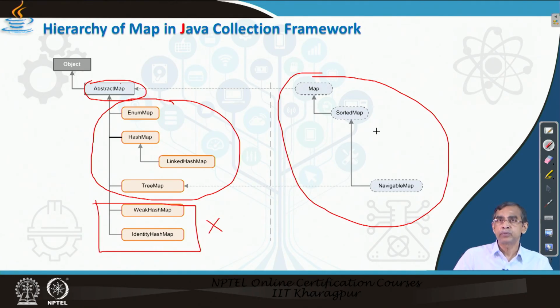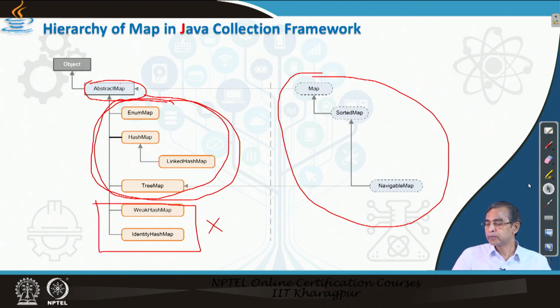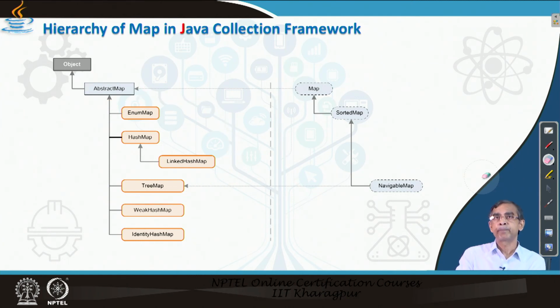So, all methods which are defined in Map are by means of inheritance also included there. In addition to the methods in Map, they have their own methods defined in SortedMap and so on. All the methods which are defined in these interfaces are implemented in all these classes. So, in our subsequent few slides, we will try to understand what the interface compositions are, and what methods are there, so that we can use them in our program.